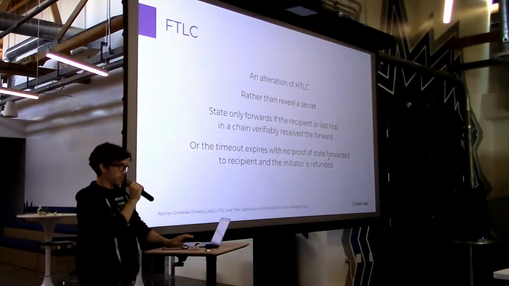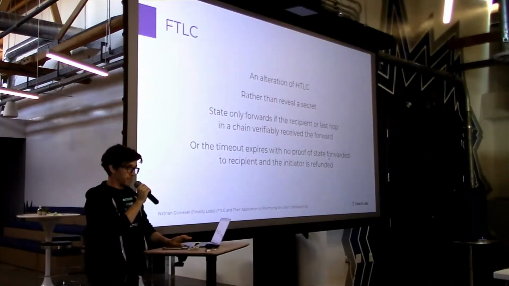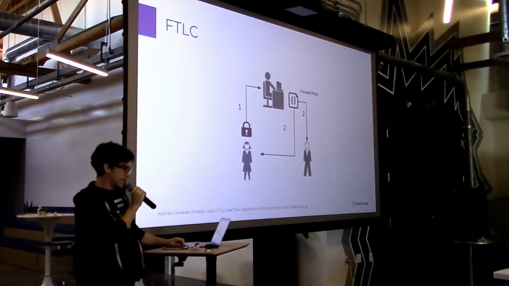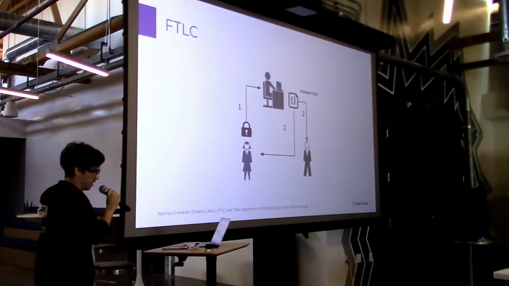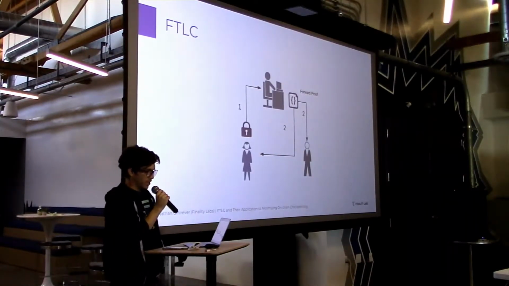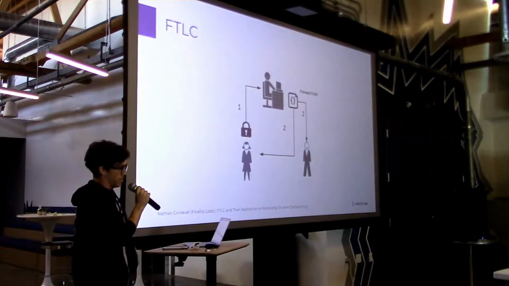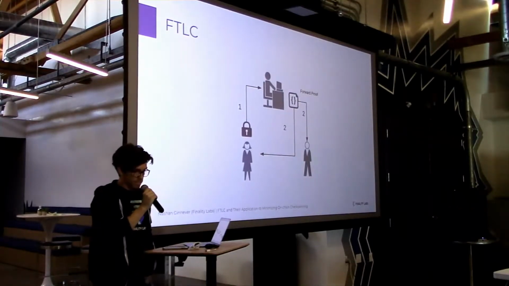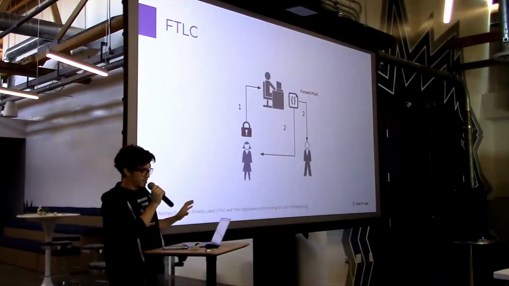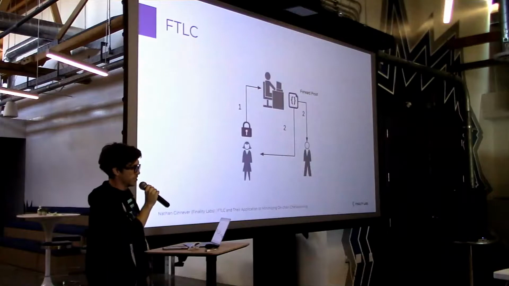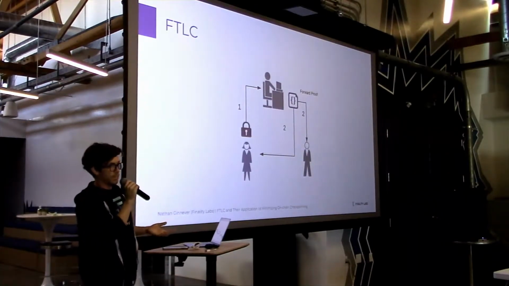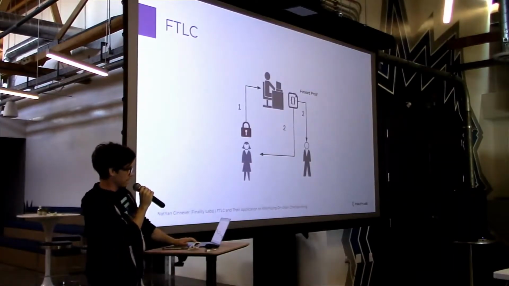You still put a timeout on there. You still say, well, generate this proof that you forwarded my payment before this timeout, or I'm going to take my money back. And it kind of looks like this. Alice will generate some lock and send that locked contract off to an intermediary. And then the intermediary will have a channel open with the recipient and forward some funds to the recipient under the correct ID of the Alice locked contract. And once they do that, they'll have proof that will unlock the funds that Alice had locked with the intermediary.